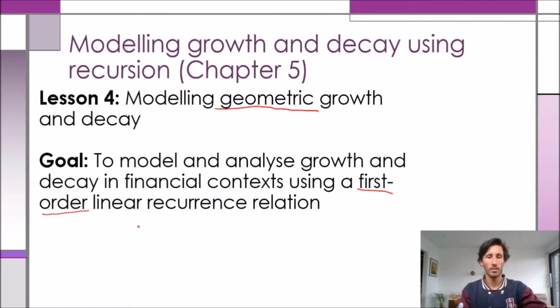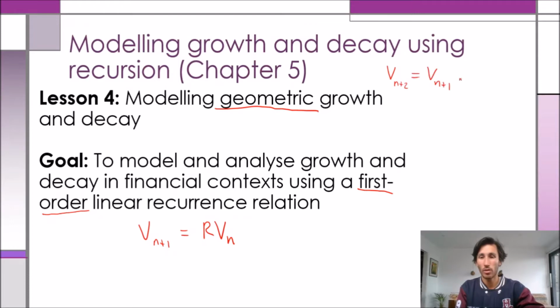All this is the fact that we're only using, now ignore this R for now, I'll explain that in a bit, we're only using Vn and Vn plus 1. An example of a second order recurrence relation is the Fibonacci sequence. So Vn plus 2 equals Vn plus 1 plus Vn. Remember that Fibonacci sequence? It's just the sum of the 2 previous numbers. That's a second order recurrence relation. In further maths, we really only deal with first order recurrence relations, especially in the finance topic. Anyway,